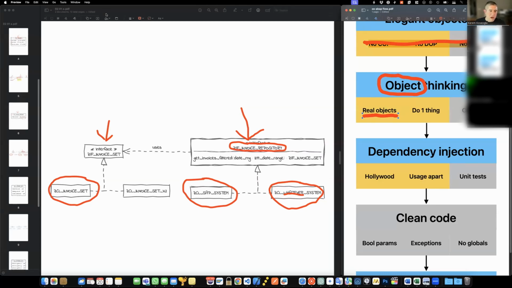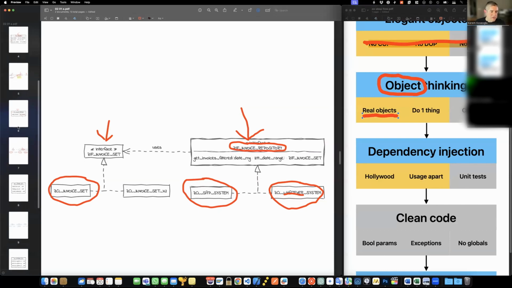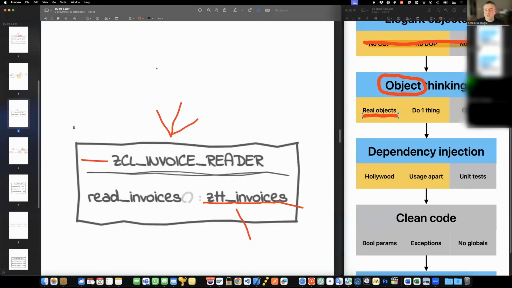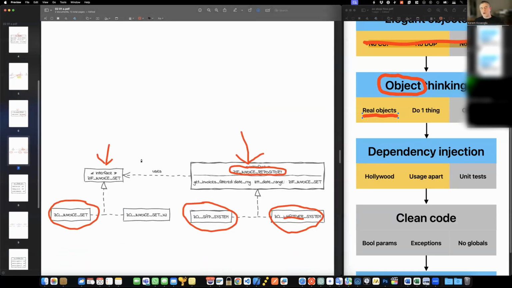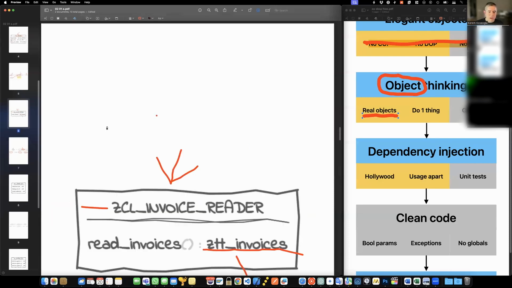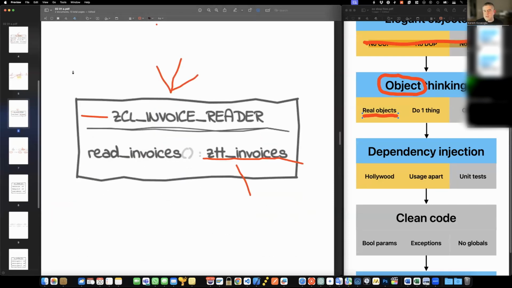Otherwise, you have created a philosophical imaginary object, which is very hard to understand. This also limits how many classes you are supposed to create. And it also guides you to create a system which is easy to understand by anyone. Maybe a new consultant or a new ABAP programmer comes to your system and tries to understand the system that you have built. Now, if I see a class called invoice reader, what invoice? I can assume that this is an SAP invoice, obviously, but where does it read from?